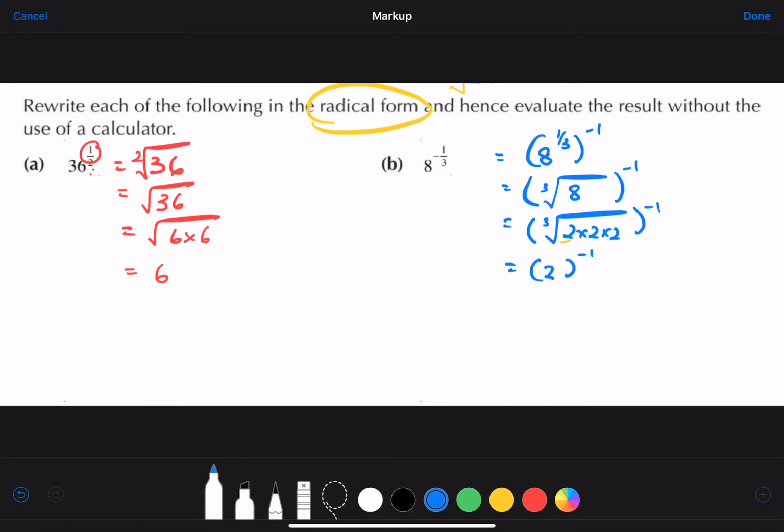But I had a negative power on the outside early on, right? And negative power just means that I can change it into a fraction. So my final answer is just